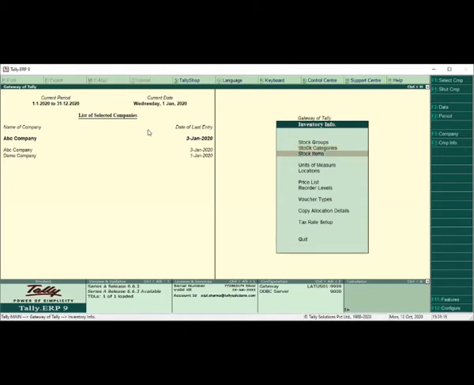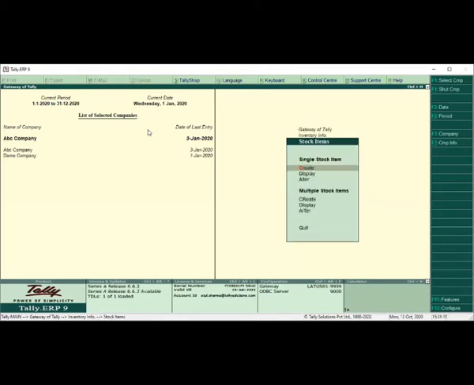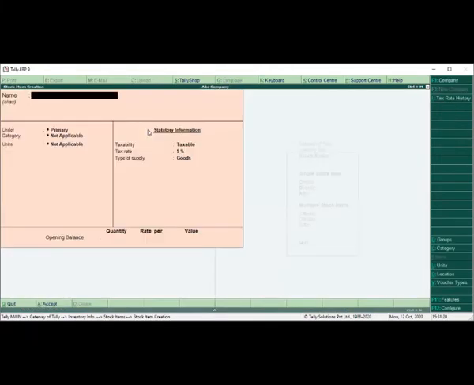Now we'll create stock items. You can create a stock item here. Let's say I'll create stock item Apple iPhone 11 Pro.